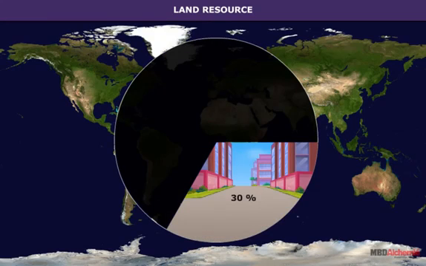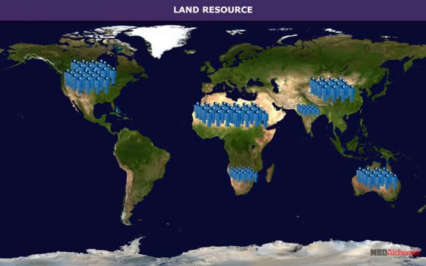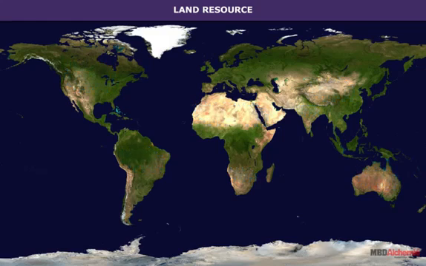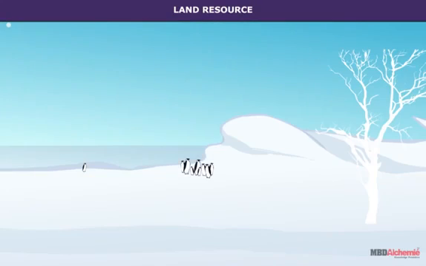The entire human population of more than 6 billion people live today on land. Of this total population, 90% people live on 30% of the land area. The remaining 10% also live on land, but in inhospitable parts like deserts, mountains, grasslands, and in extremely cold areas. These areas are sparsely populated.